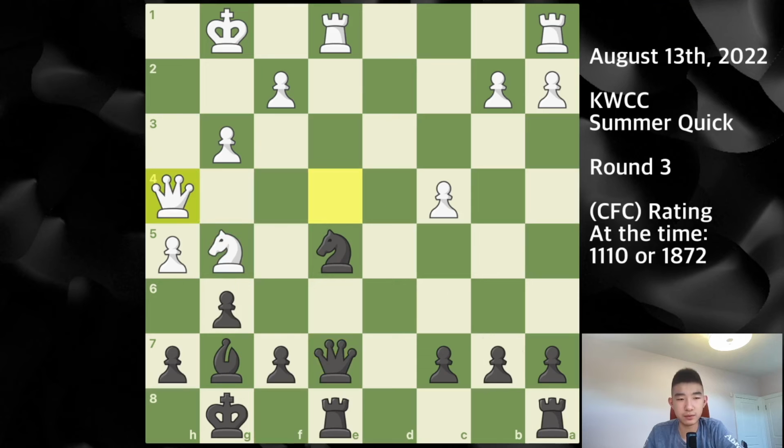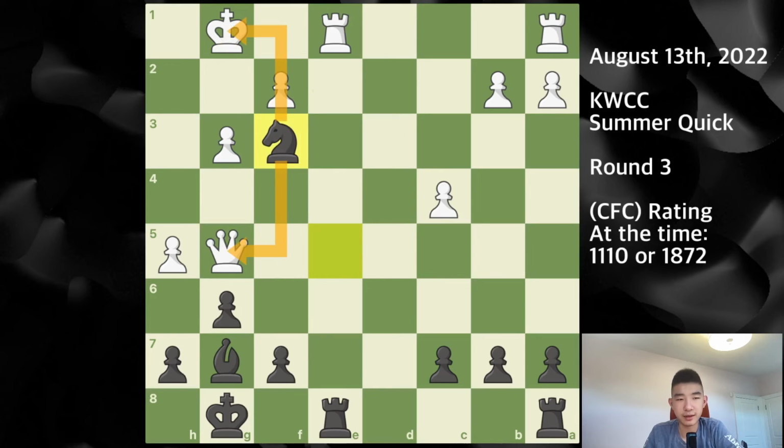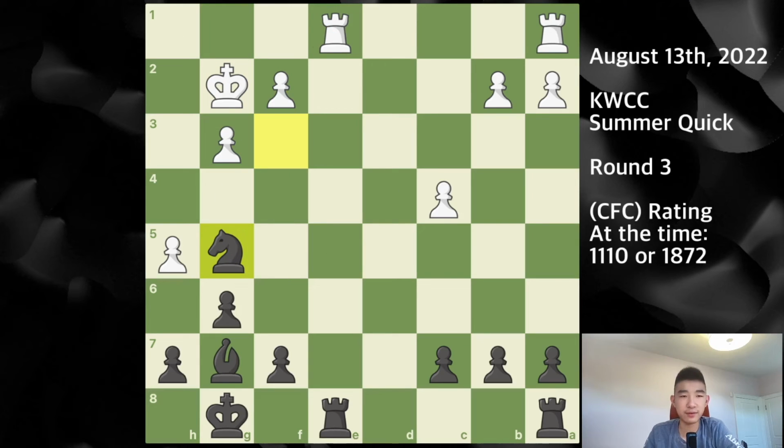If you play queen to h4, then I can play queen takes on g5. Because after queen takes g5, you'll see that I have knight f3 check. This is actually a family fork. I'm attacking the king, attacking the rook, and attacking the queen. So after a move like king to g2, I can simply play knight takes on g5, and I'm up another